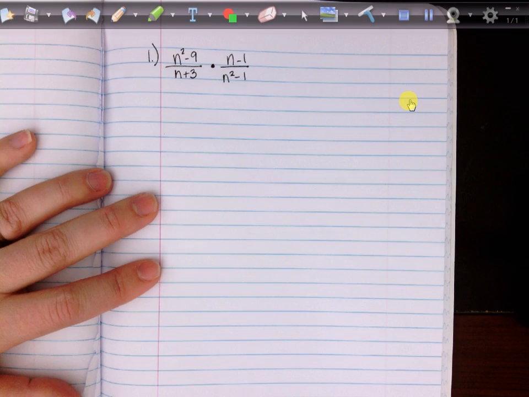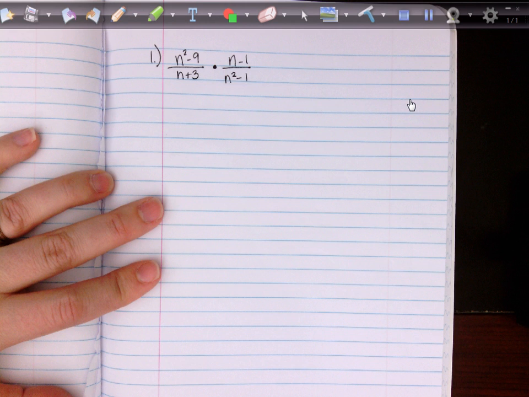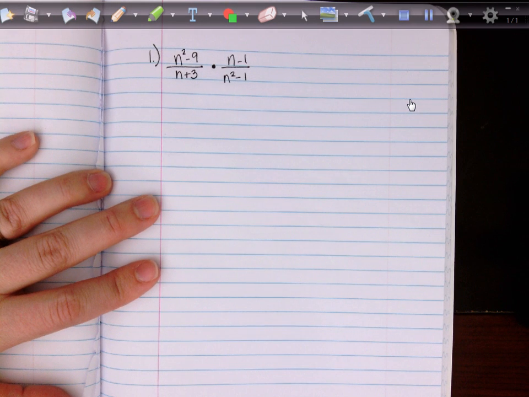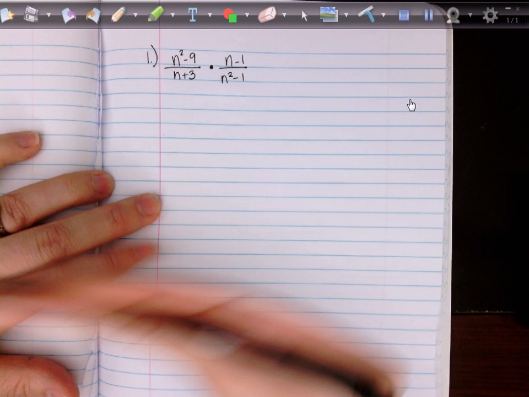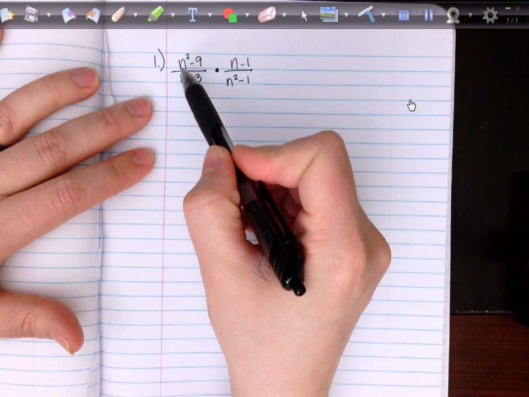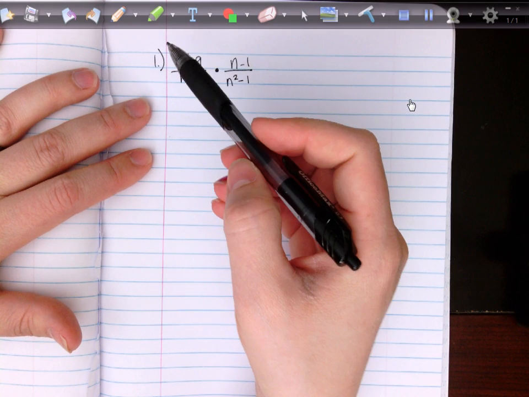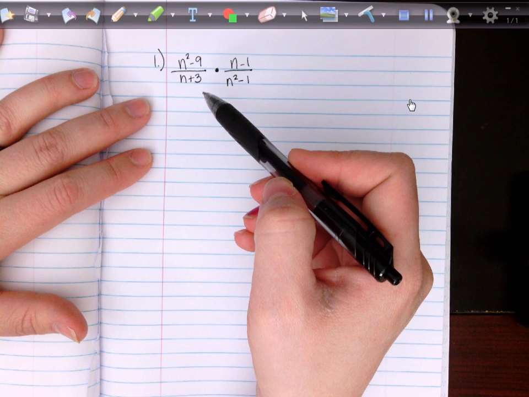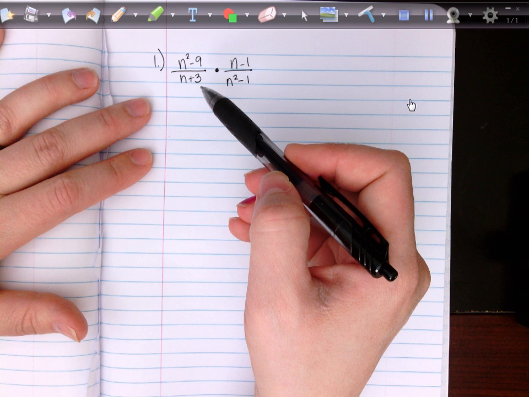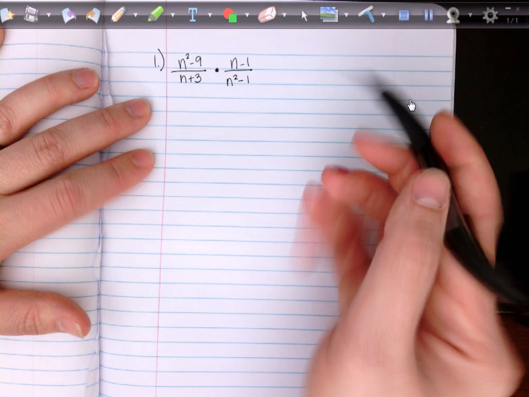Just like yesterday, the first thing we have to think about is factoring. So we're going to look at each individual section of each fraction and see what can be factored here. The first part we're going to look at is n squared minus 9. N squared is the perfect square of n times n, and negative 9, or 9, is the perfect square of 3 times 3. So we can go ahead and factor this by perfect squares because there is a minus sign in between. We know that that's the same thing as saying